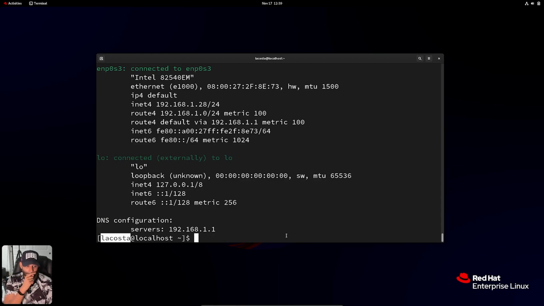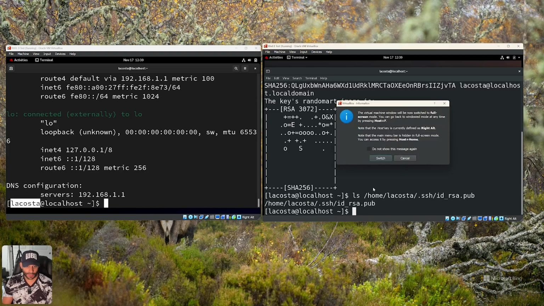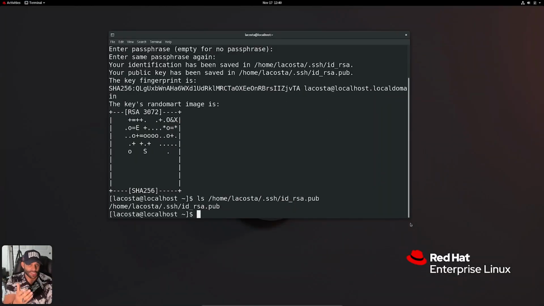That's the first step. And also keep in mind, you're going to need that IP address and you're going to need the username. So let's head back now to our RHEL 8 box, which is supposed to be our local machine, and use that information in order to connect to it. So if I put full screen RHEL 8, now here's the command that we use in order to copy our keys. So we do